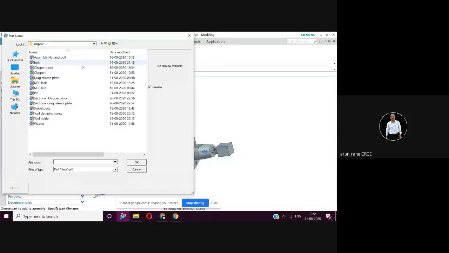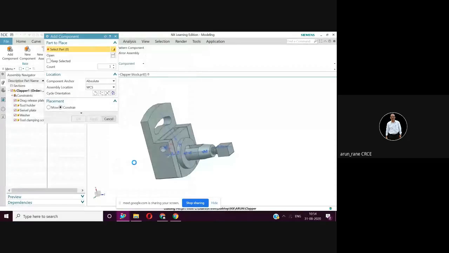So keep a habit or practice: make one folder and keep the components and assembly also in the same folder. Keep the habit because you are going to make six assemblies altogether. And name the components properly. So now I'll select pin. In the preview, say okay.